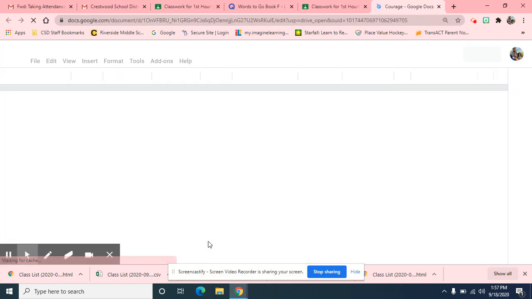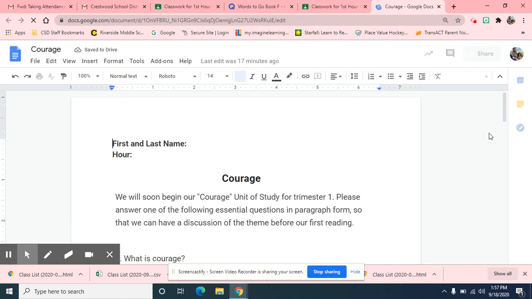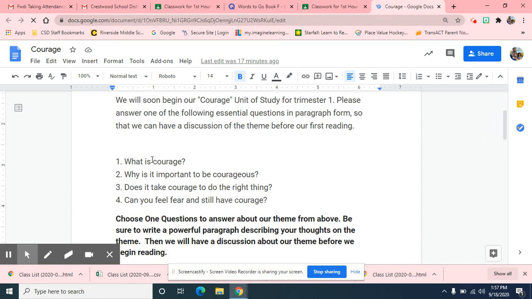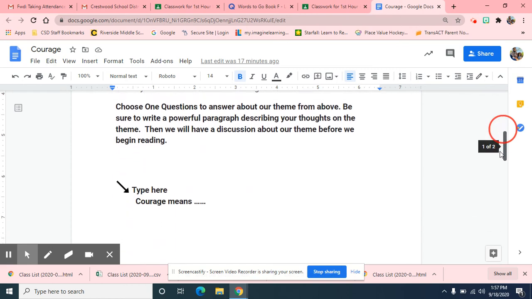So basically, if you look at the directions, you are only choosing one question. What is courage? Why is it important to be courageous? Does it take courage to do the right thing? Can you feel fear and still have courage? You pick one question and then you type